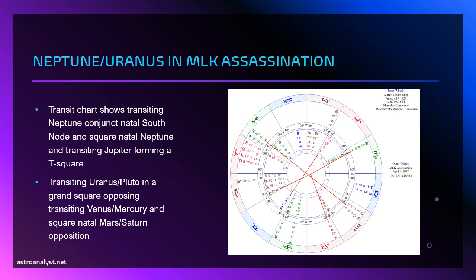Looking at Martin Luther King's transit chart for April 4th, 1968 in Memphis, Tennessee, we see that Neptune, which is a big planet in his chart, is in a conjunction with the nodes, south node opposing the north node, and the nodal axis is squared by transiting Jupiter. So we have Jupiter interrupting this life flow